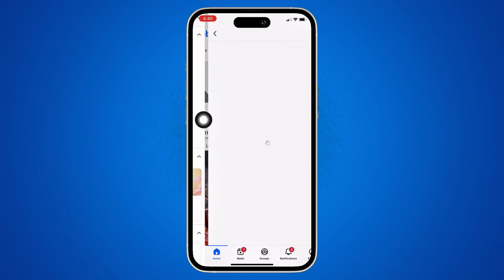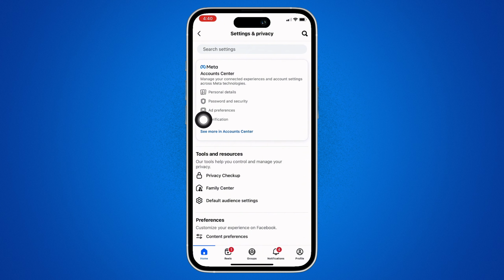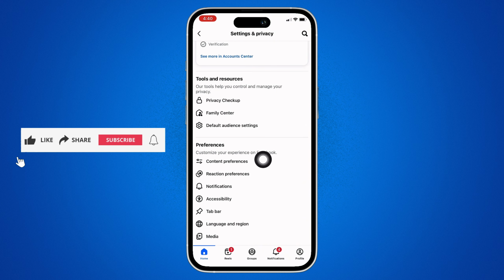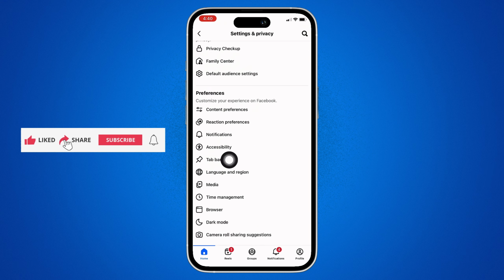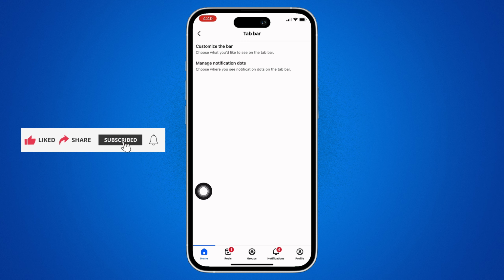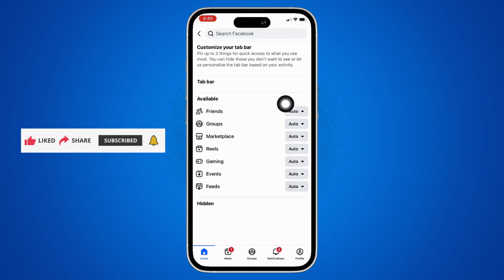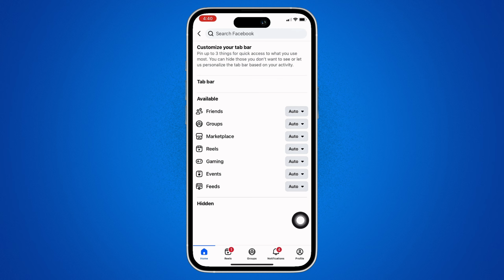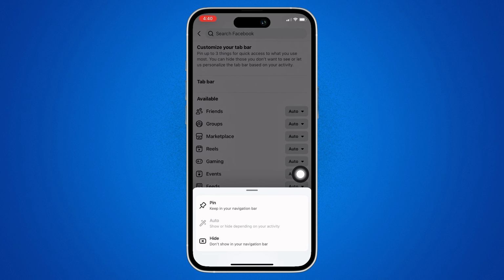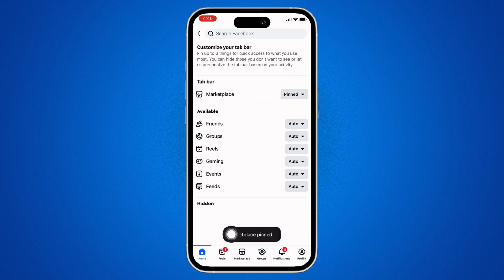Here, scroll through and you will see the option for Preferences. Under the Preferences tab, tap on the tab bar option you see there and then tap on the Customize the bar option. Further, go ahead and navigate to the Marketplace drop-down and tap on the drop-down you see there, and then go ahead and tap on the pin option you see there, and by now the Marketplace tab should appear